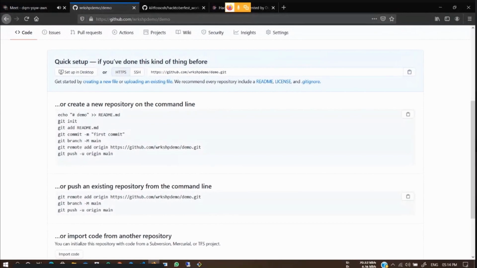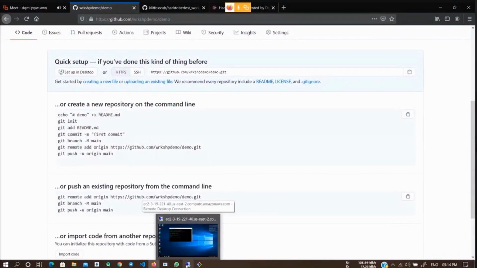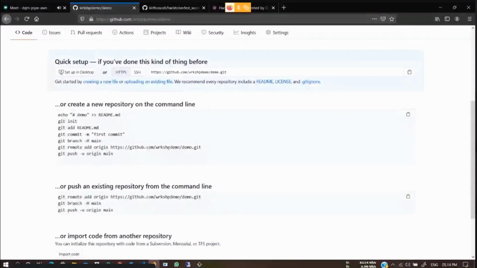So here are a bunch of commands GitHub already gives to push your project to the repository. By pushing a project, you mean to send your committed changes you made to a file, or the changes you made to a file basically, to GitHub's repository, the one you created. So we will follow the commands written here. First, git init.